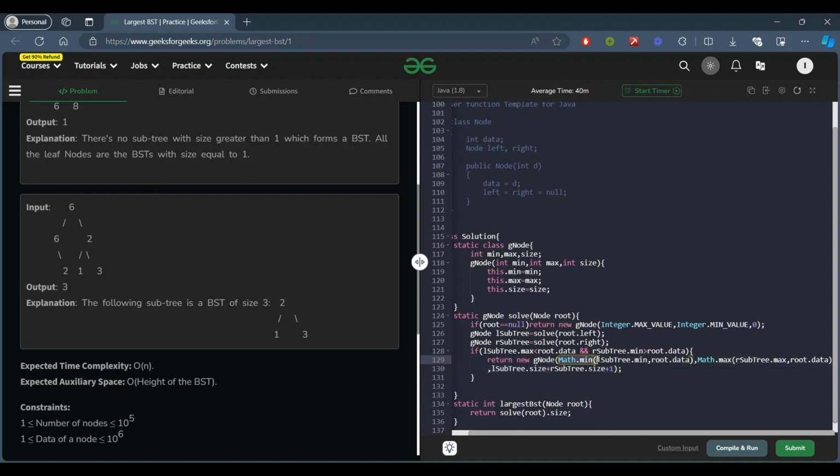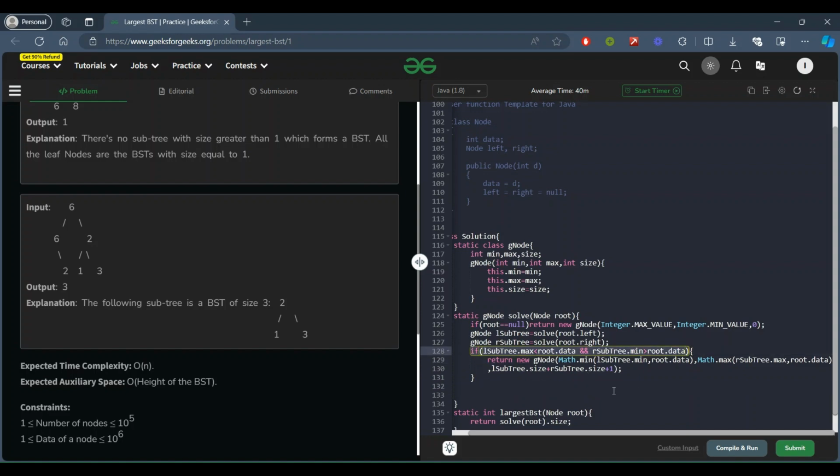So why are we taking the min value even though we have checked that our left subtree's max value is less than root dot data? When the maximum value is already less than the root dot data, then it is obvious that left subtree's minimum value will also be less than root dot data. Then why do we need the dot min operation here? We should directly pass L subtree dot min, right? But it is not so. I will come to this point. Before that, we will pass if our condition is not true.